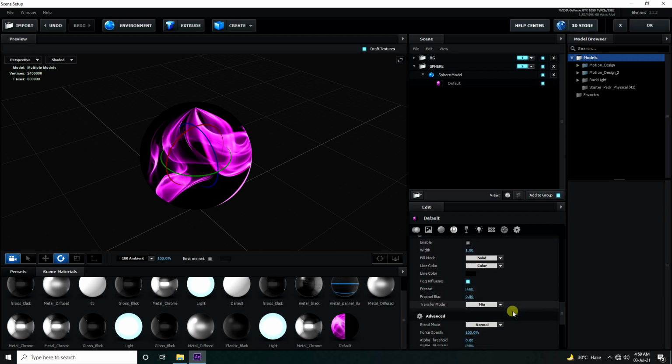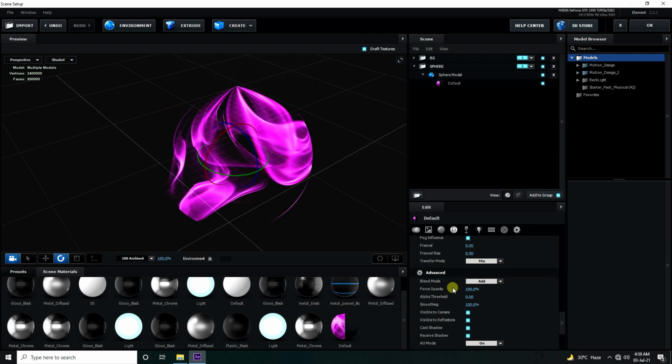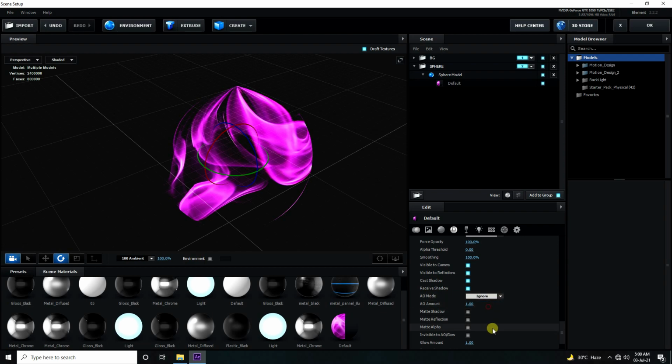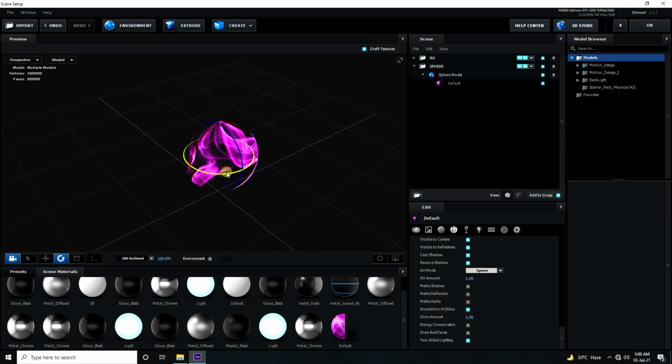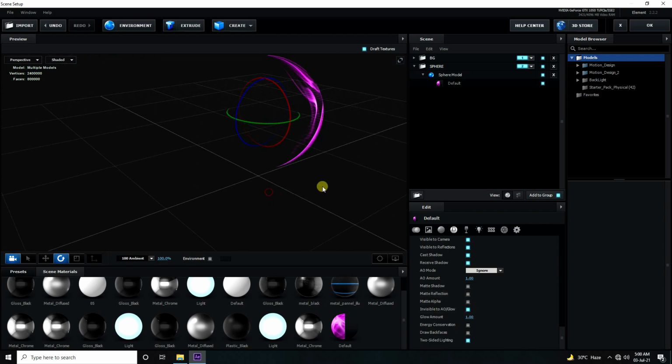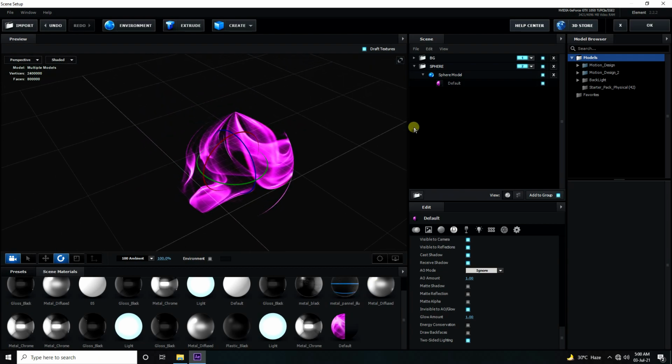Yes. And guys, go to advanced to change add. Yeah, see guys, that's my transparent effect. And AI mode, use ignore and invisible, AI glow check. Yes, beautiful, right? See.